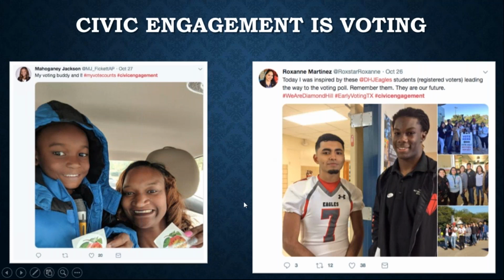In the picture on the right side, this is a tweet of students who organized a little trip themselves, and they went to the polls together and voted for the first time. So these are 18-year-old students. And both of these are from just last week. Actually, I guess they're from earlier this week. My timing. All right, so